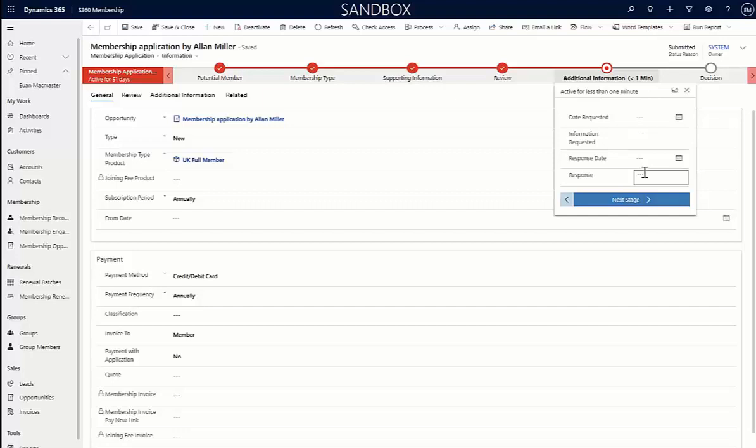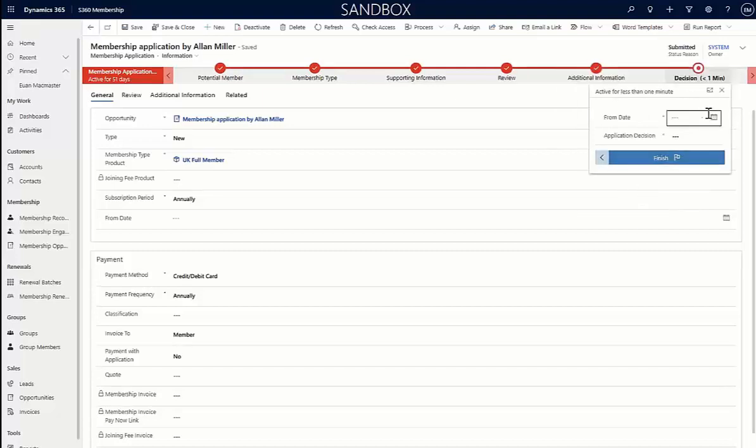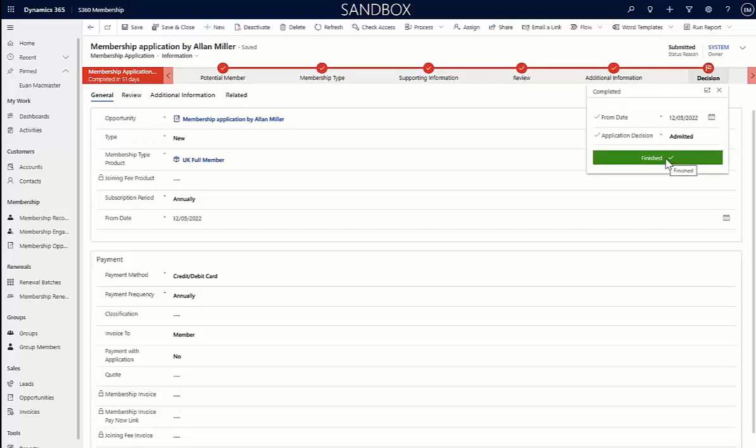As with all other aspects of Subscribe 360, if you don't have an approval process, our application process can be customized to miss this step out. But I, as a membership manager, can come in and select that I'm going to admit someone from a certain date, and we support the full application lifecycle there. So people can apply via the portal, and staff members can pick up the applications from within Subscribe 360 and